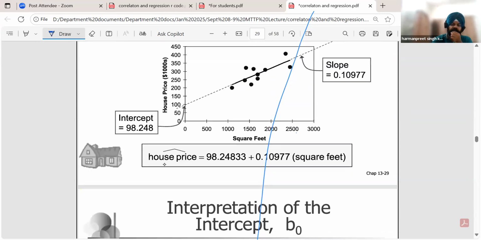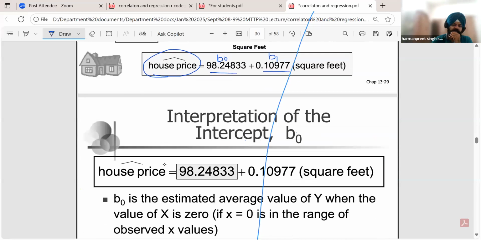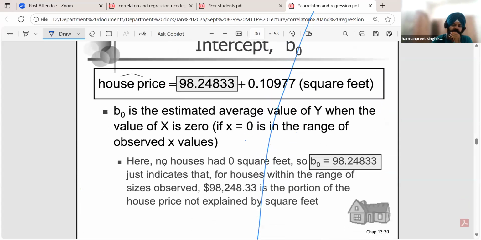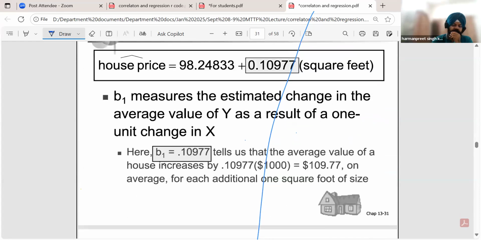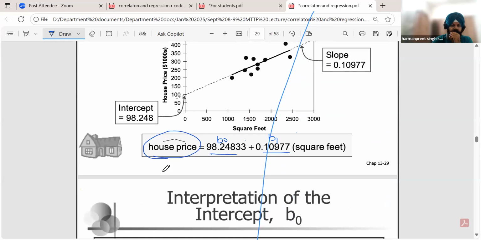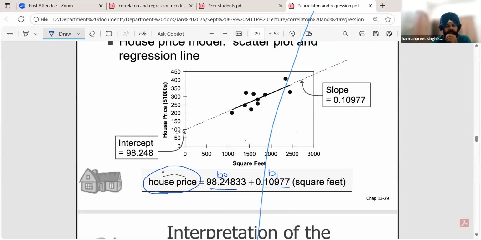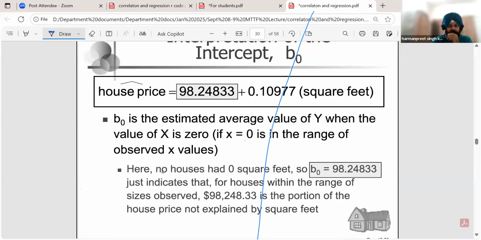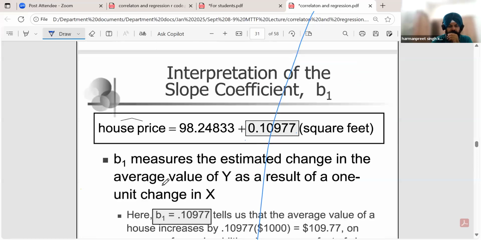After putting the values in the equation, I got this. Here you can see that this is my beta naught, this is my beta 1, and this is my estimated house value. If I want to see how much deviation I have observed from the true value of y, then I have to derive what is called the residual. Although this is not explained here, we can cross-check it if we take square feet as